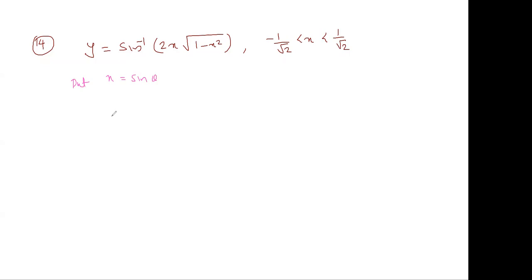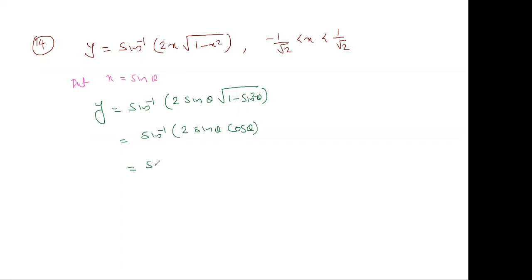So y is equal to sin inverse of 2 sin theta into root of 1 minus sin square theta. 1 minus sin square theta is cos square theta, under root is cos theta. Then sin inverse of 2 sin theta cos theta is sin 2 theta, and sin inverse sin is 2 theta. So y is equal to 2 theta. But theta is sin inverse x. So y is equal to 2 sin inverse x, and the derivative of sin inverse x is 1 by root 1 minus